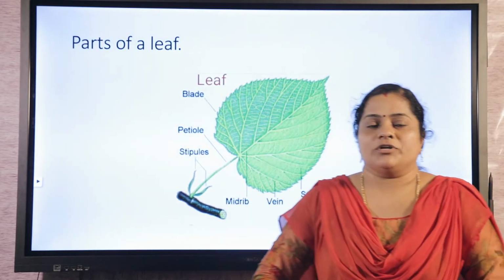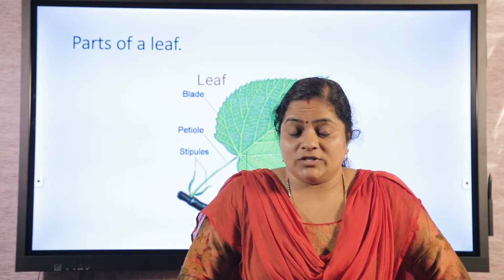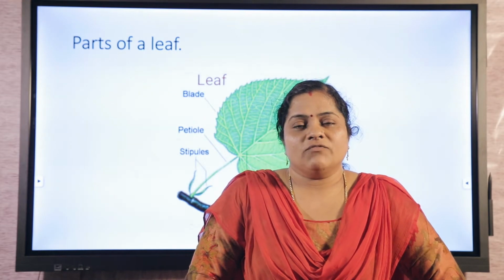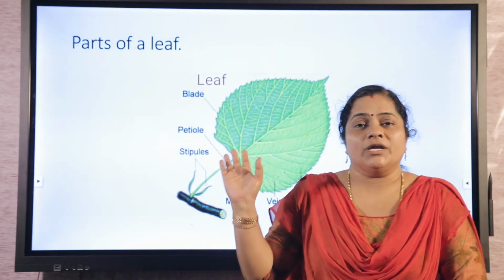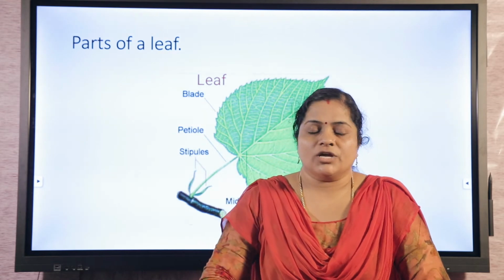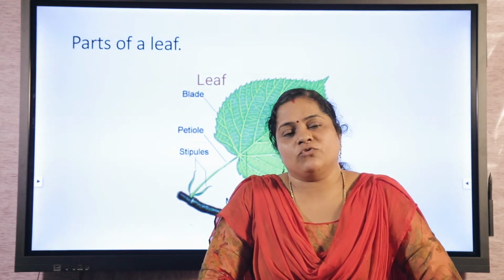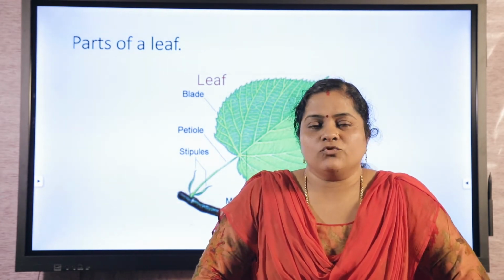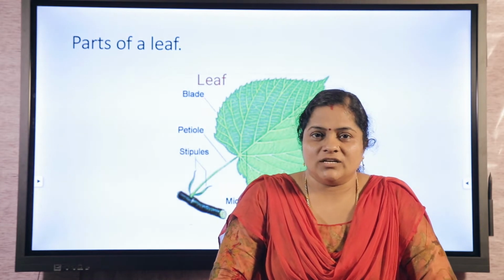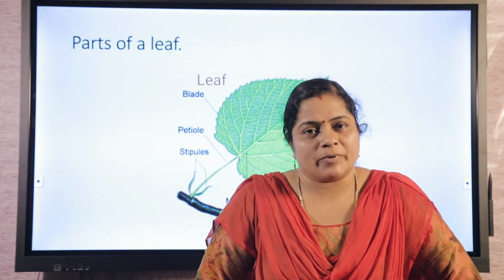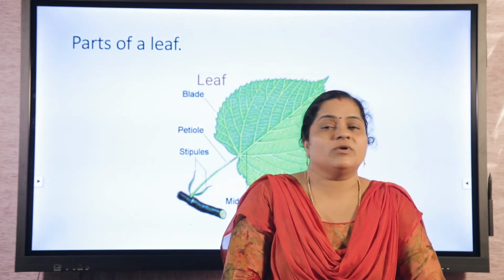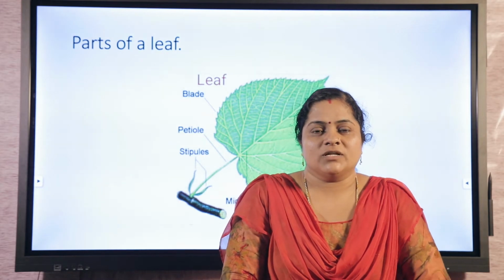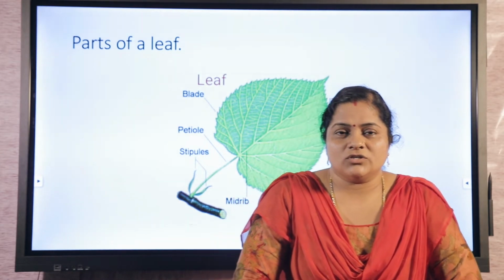Yes. Our next important part, that is leaf. That is the major part of the shoot. Why are we saying that this leaf is the main important part of the plant? Who is preparing food in your house? Your mother or your grandparents are preparing food. Where are they preparing? In the kitchen, isn't it? What are the materials they use for preparing food? What are the ingredients? For example, what ingredients are used for making sambar or any other food items? They are using different ingredients. I will discuss that later.